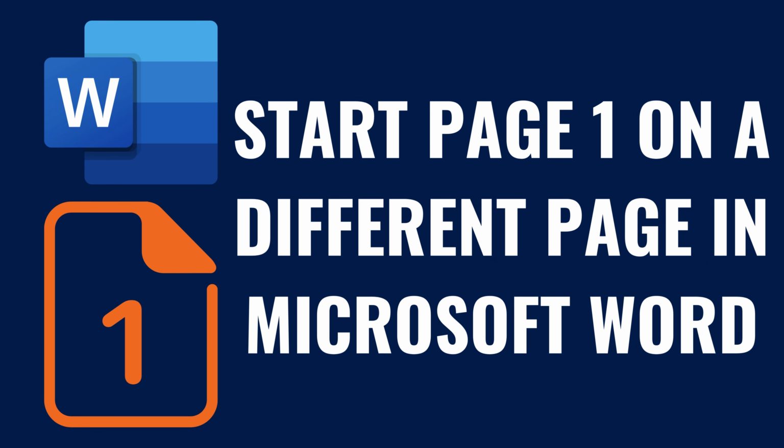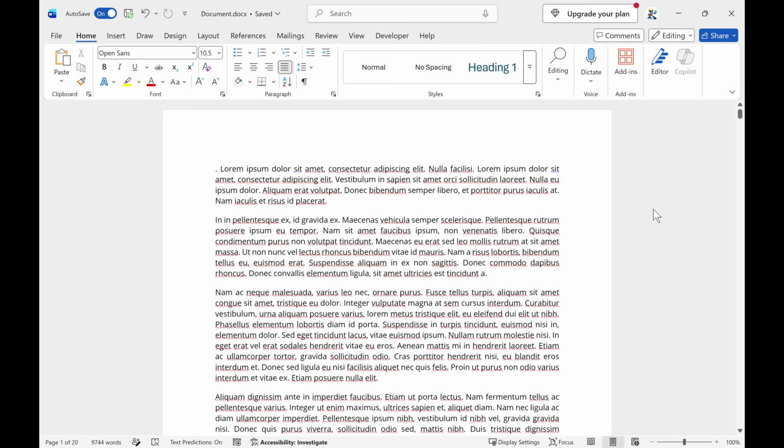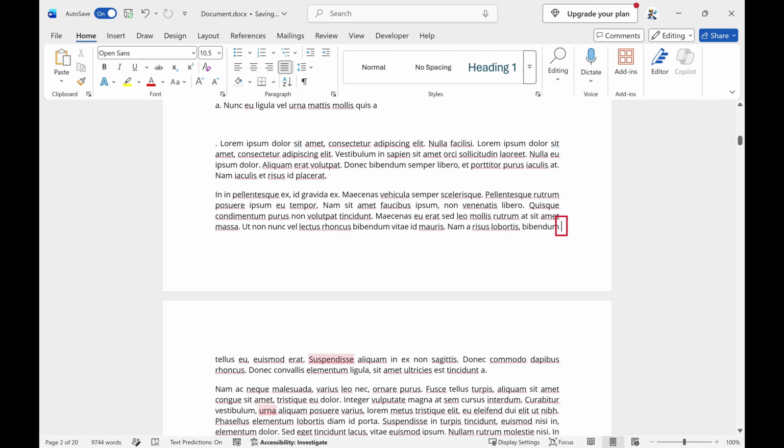I'm Max Dalton, and in this video, I'll show you how to start page 1 on a different page in Microsoft Word. Step 1. Open your Microsoft Word document and place your blinking cursor at the very end of the page that comes right before the page where you want your page number 1 to start. For example, if you want page 1 to start on the third page, click at the bottom of the second